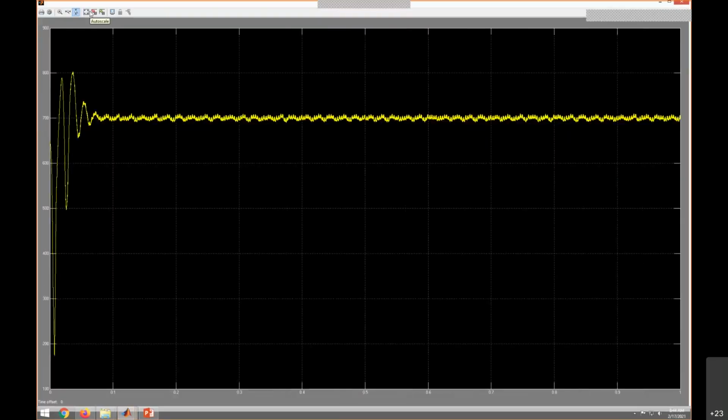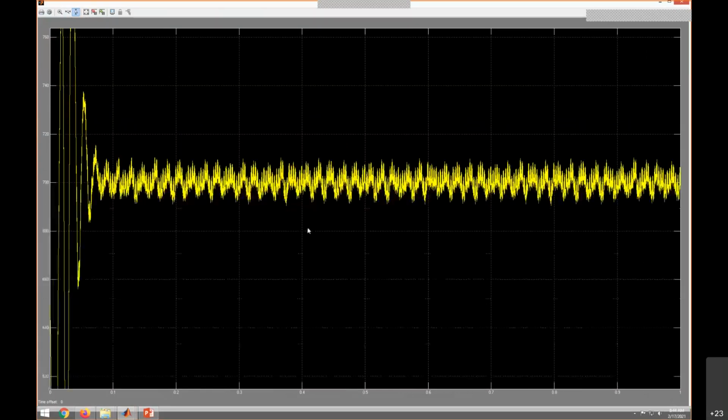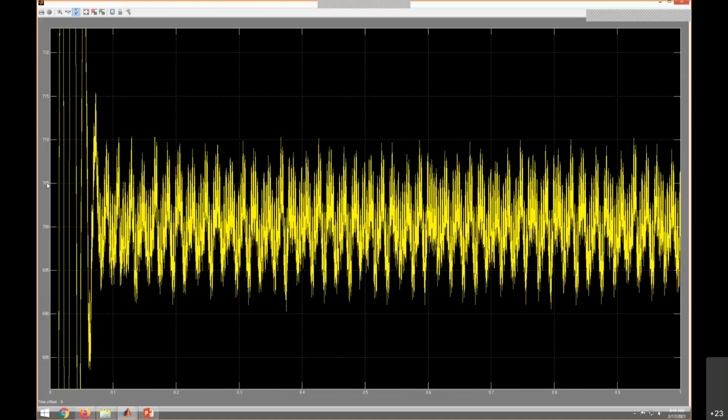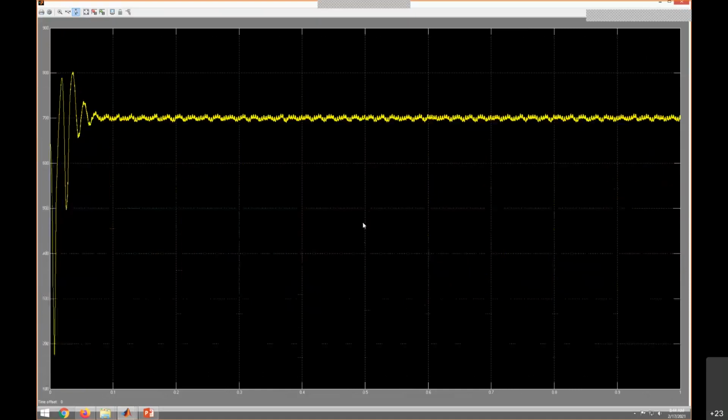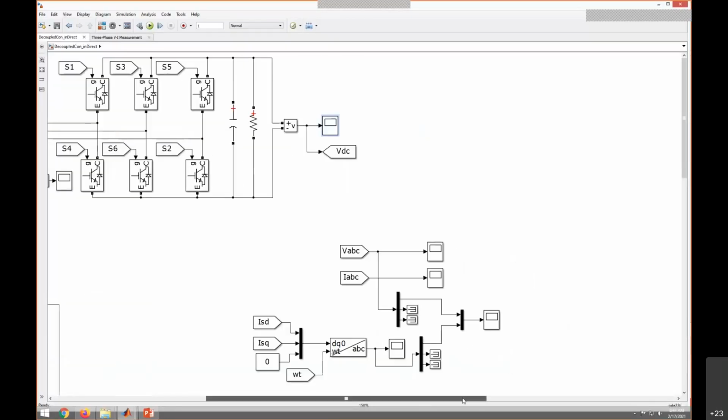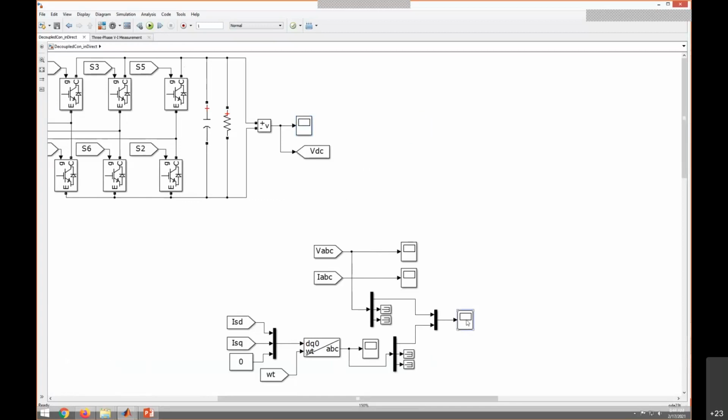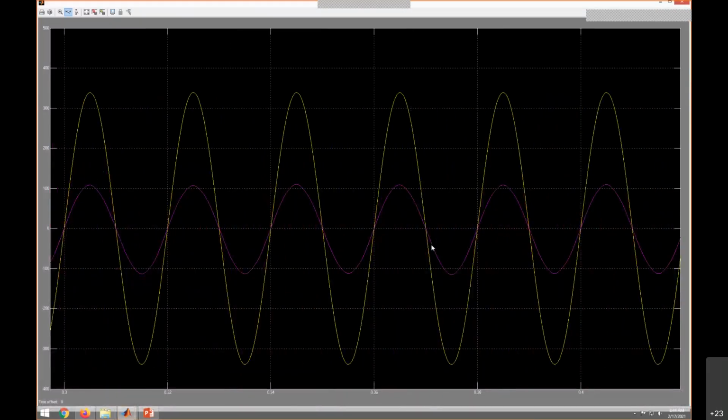Yeah, you can see the voltages, right? So again, it is maintained at 700 volts. Okay, so it is maintained at 700 volts. So this one is 705. This is 710. So the ripple is slightly higher when compared to the current control, the direct control, and we will see whether these ABC voltages and currents are in phase or not. So you can see that both currents and voltages are in phase in A phase, similar in B phase and C phase also.